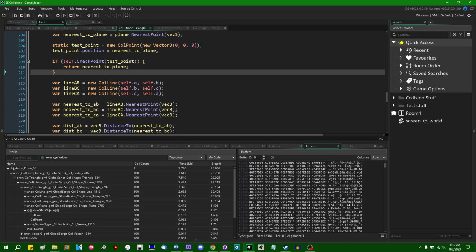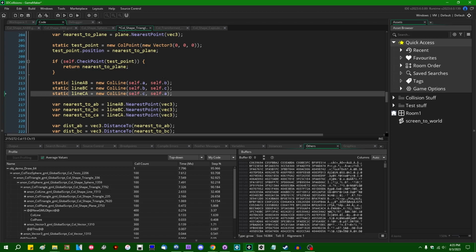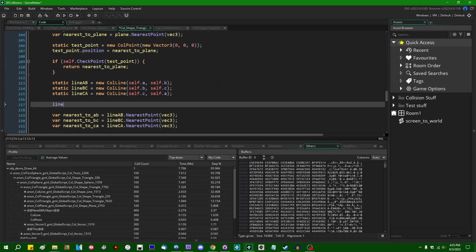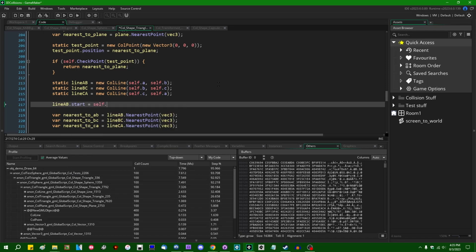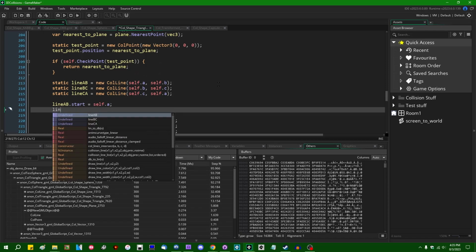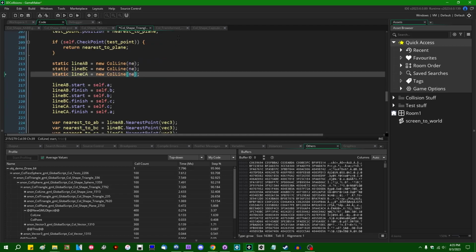And likewise with the lines, if we were to make these static, we could say line AB dot start is going to be self.a, like this. And I'm also going to have to just dummy these out, new vector 3